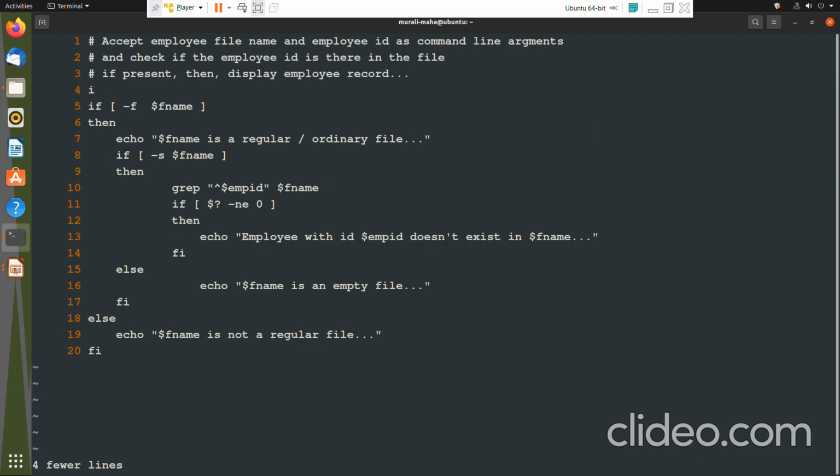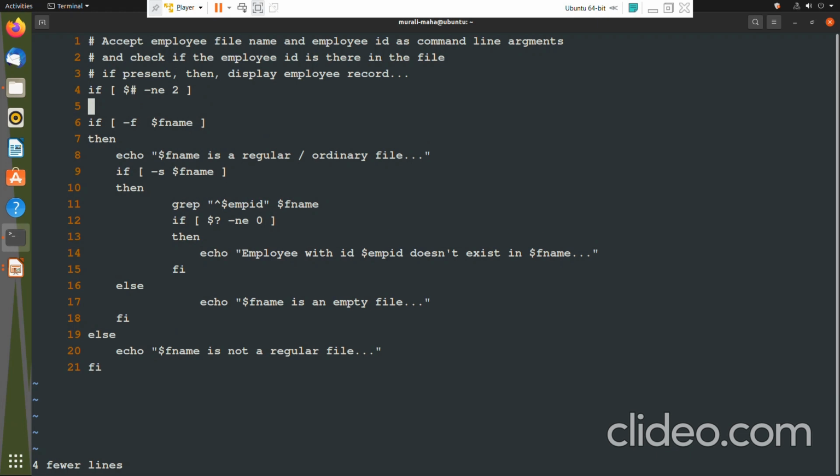If test $# is not equal to 2. Recall our previous session, wherein I explained about the test command, right? And the shortcut for the test command is a pair of square brackets, within which I can specify the relational expression, right? So if test $# not equal to 2, that is, if the number of arguments is not equal to 2, then